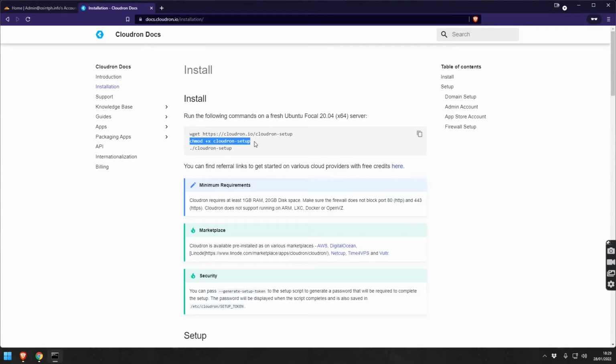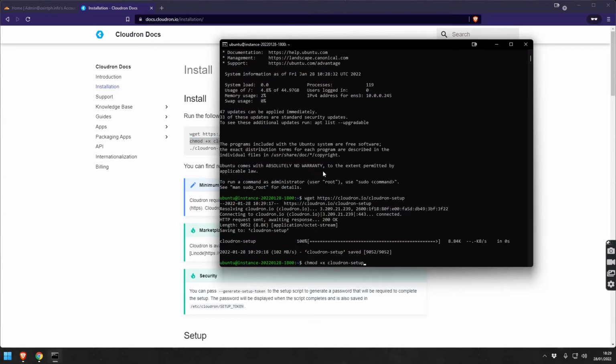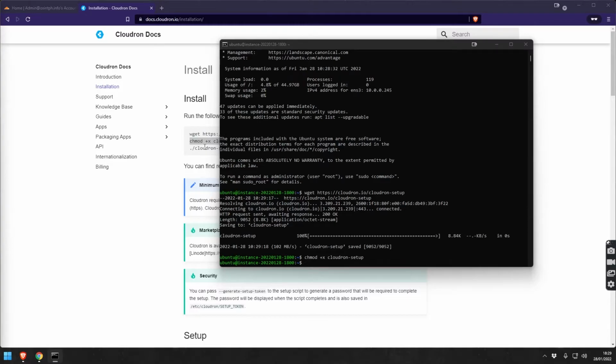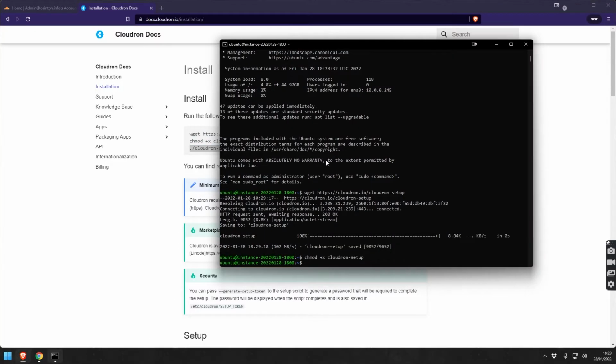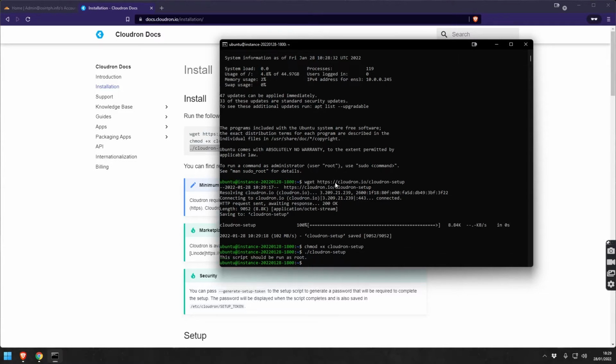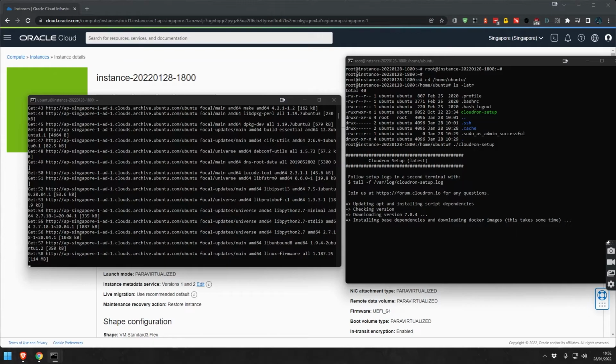We're gonna change the file to be executable, and we're gonna run it. And of course, I'm not root, so